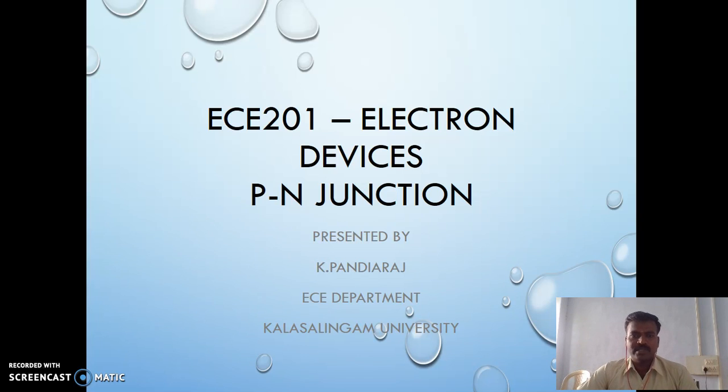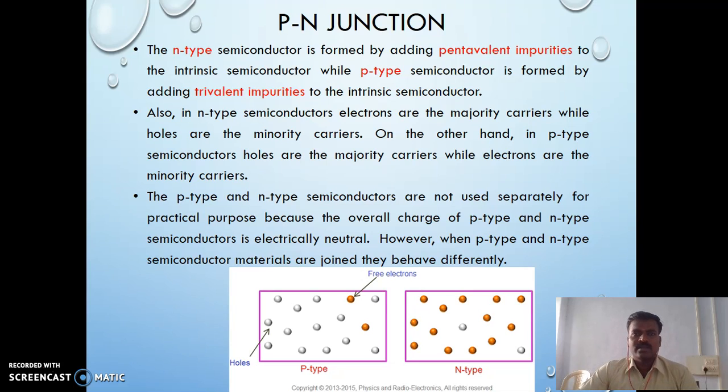So today we are going to discuss the formation of the PN junction diode, the formation of positive ions and negative ions, and the depletion region. First of all, as we know, let us recall how N-type and P-type semiconductors are formed. When we add pentavalent impurities to an intrinsic semiconductor, the N-type semiconductor is formed, and when we add trivalent impurities,